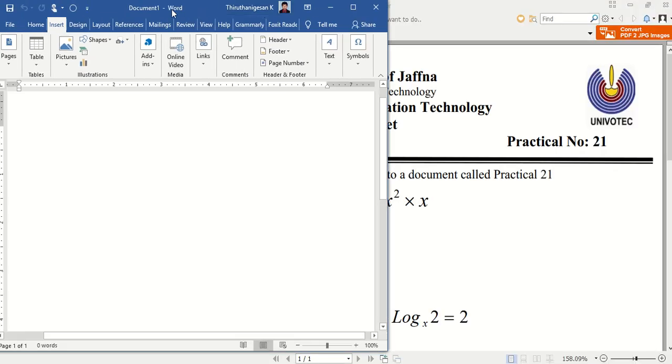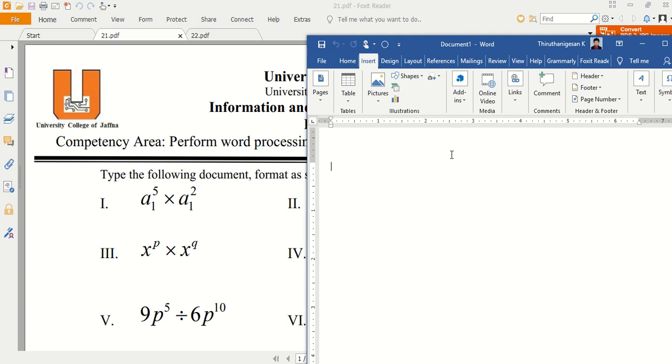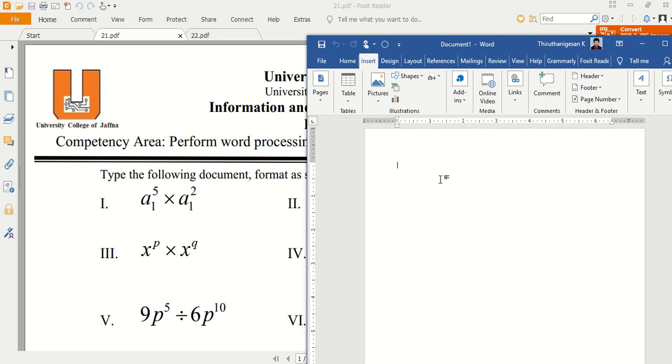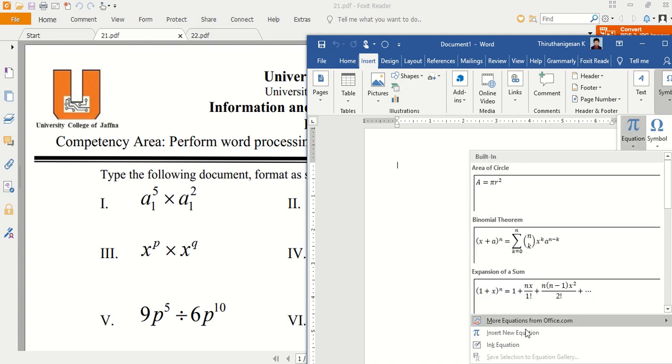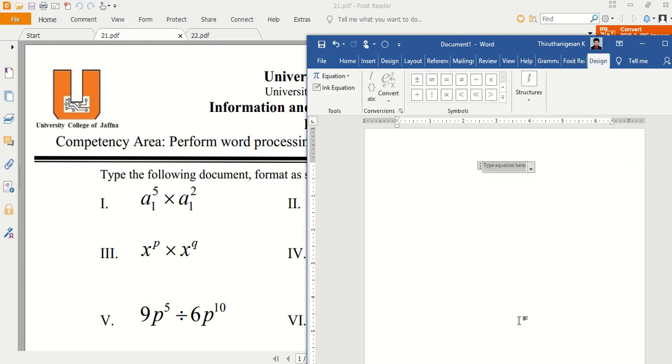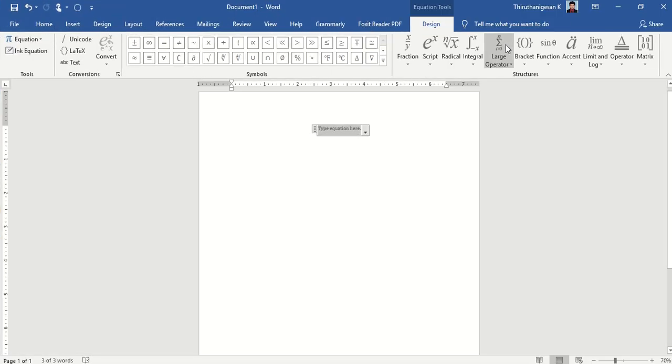So here we begin with the first equation. Just go to Equation, Insert New Equation. Once you have inserted this type of equation, you will get symbols, fractions, scripts and so on.